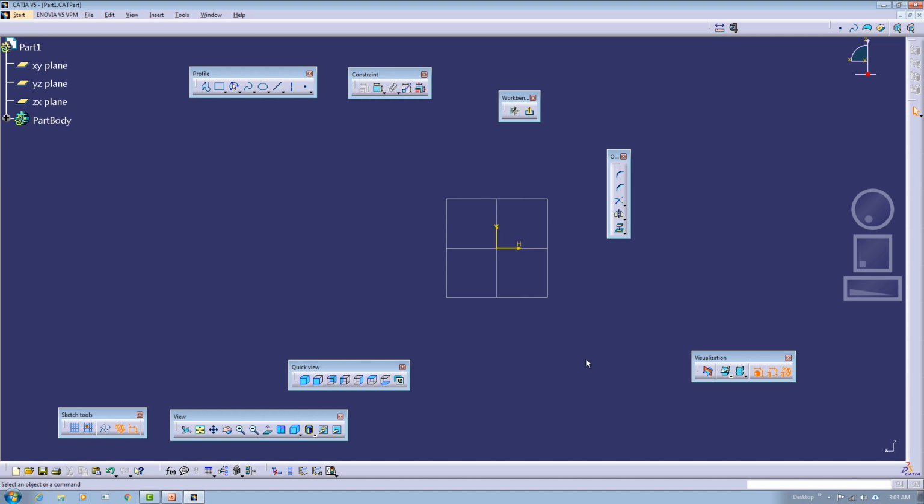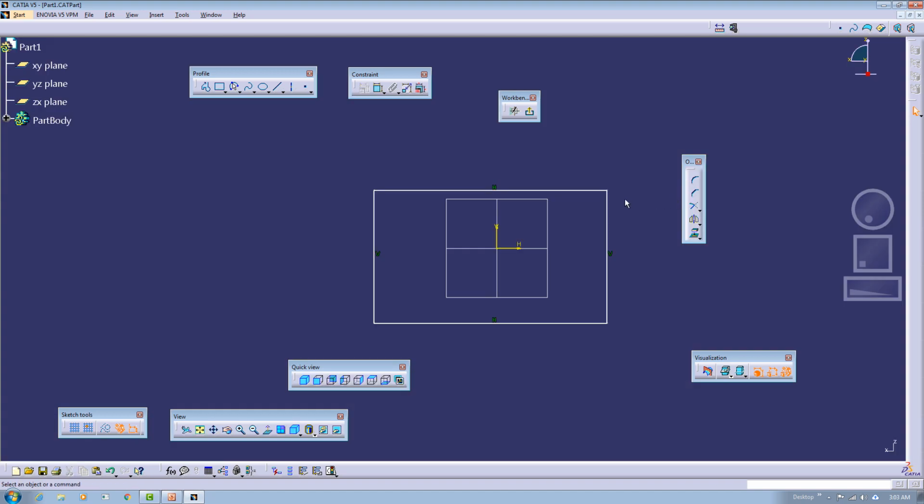The third condition, which is also the most important condition, is that the sketch should be iso-constrained. That is, it should be fully constrained. Now this is the most important condition because it requires most of the work, and we'll need to practice a lot to make a sketch fully constrained. Let me just show you this by an example. If I create a rectangle here,